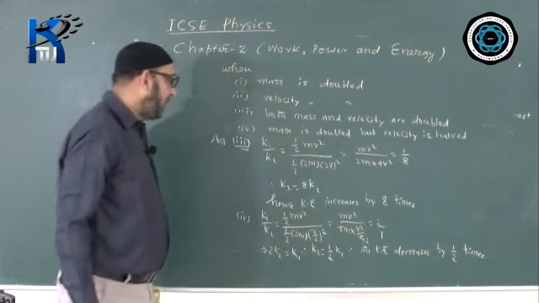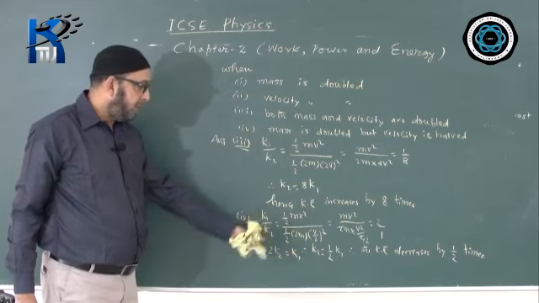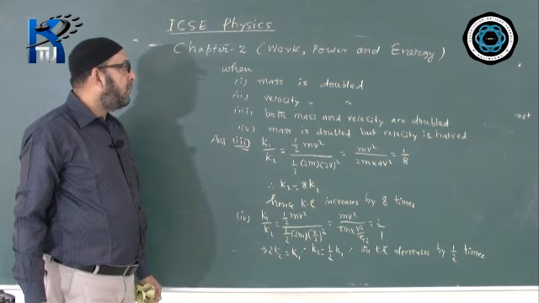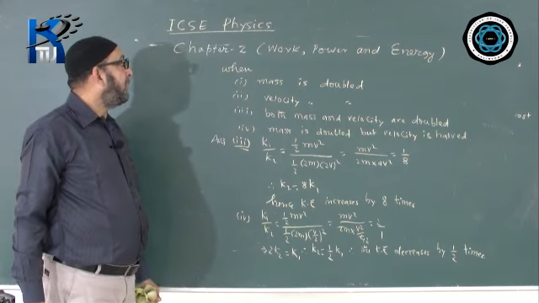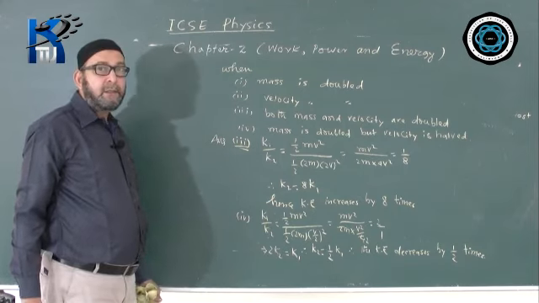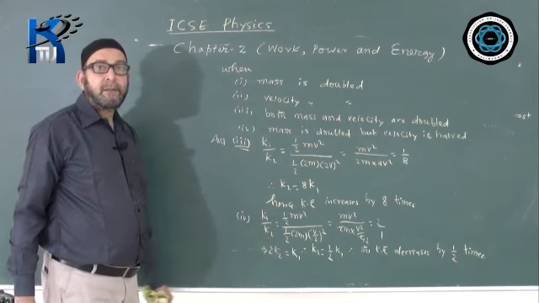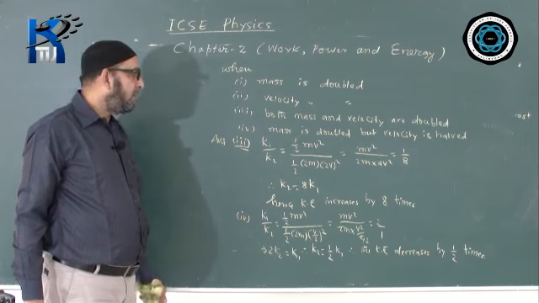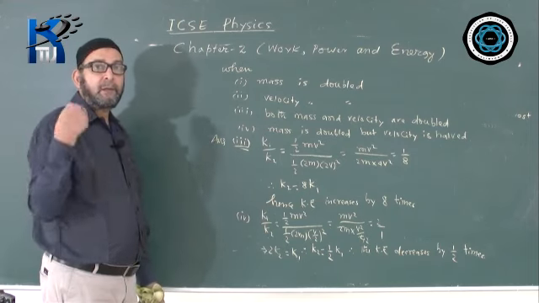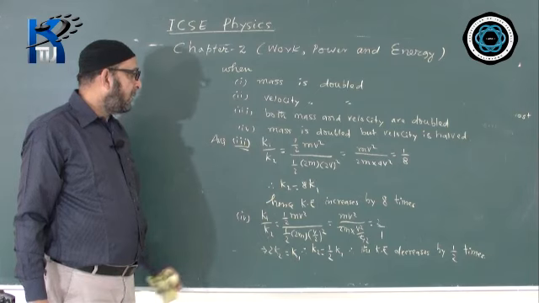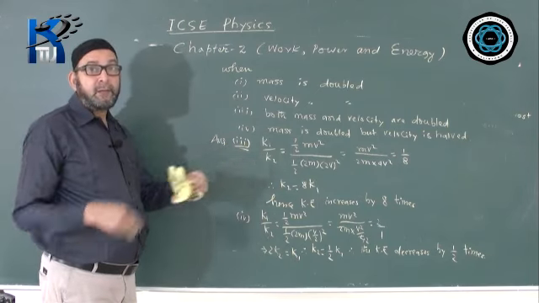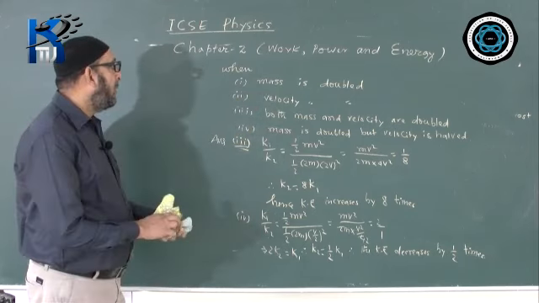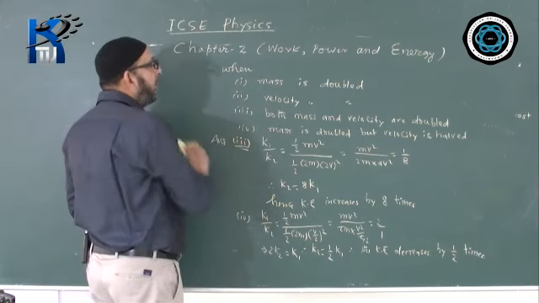This type of comments we will be writing, concluding the answers with this type of comment. So, this chapter is complete. Work, power, energy. Today we did the numericals only on this chapter. Problems are quite simple in this chapter. Basically formula based, and in some cases we have to think about the energy conversion. Sometimes they may ask you to find ratio, or they may ask you to give a comment when you are changing certain conditions. So, chapter number 2 is complete.